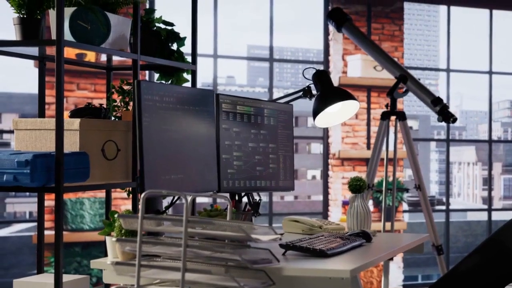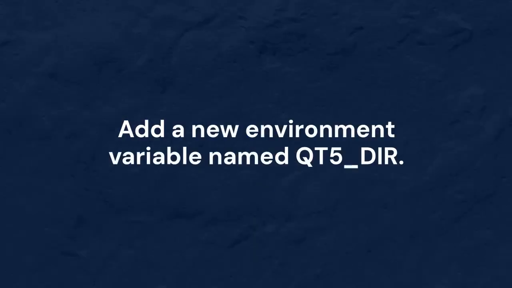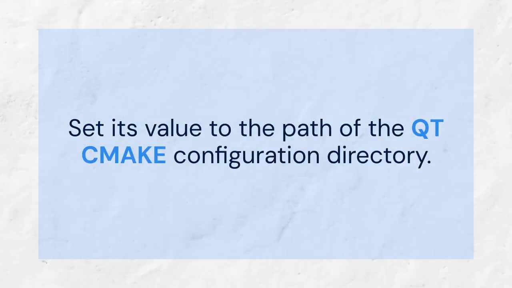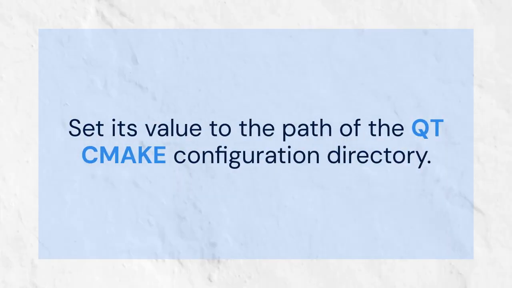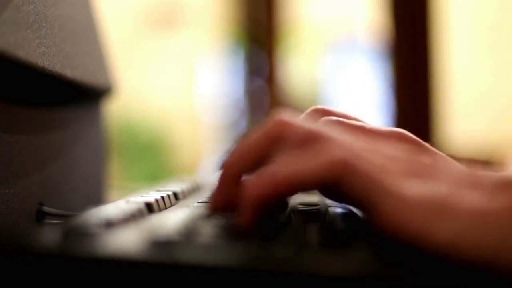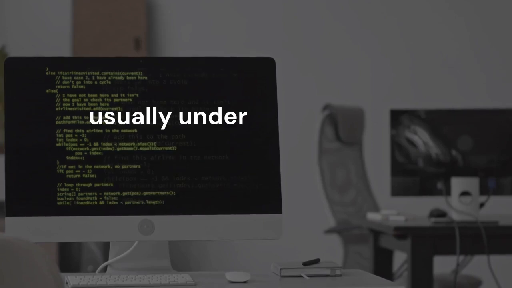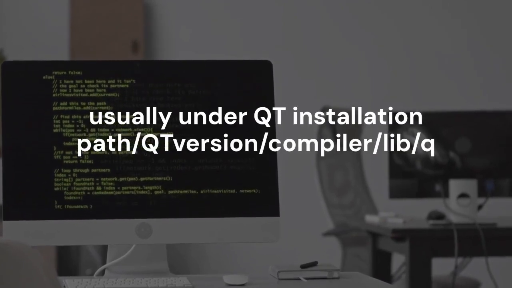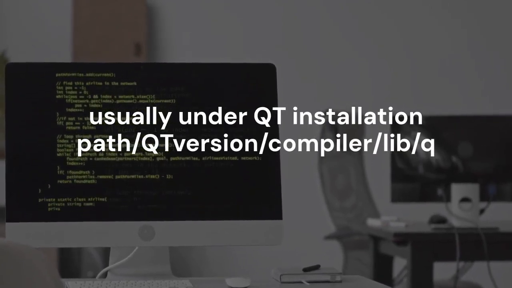Click the plus button next to Environment. Add a new environment variable named Qt5_DIR. Set its value to the path of the Qt CMake configuration directory. This directory is typically located within the Qt installation folder, usually under Qt installation path/Qt version